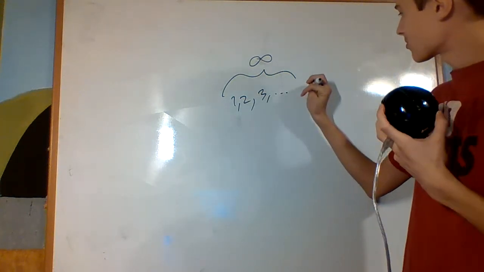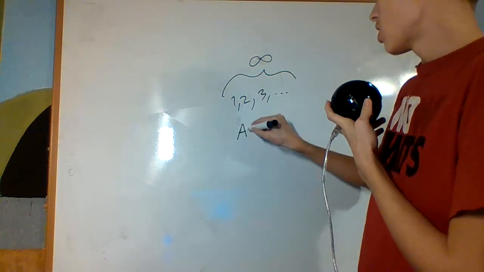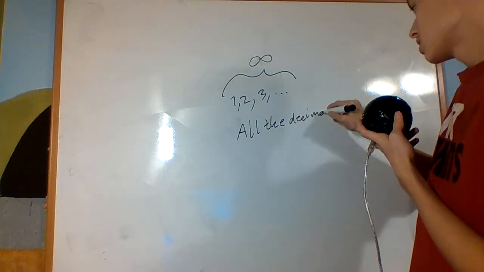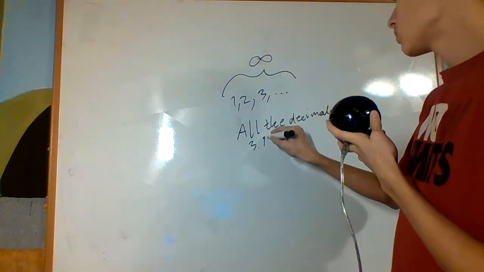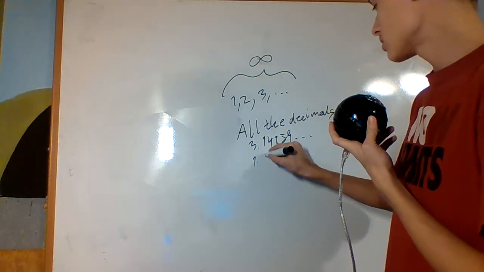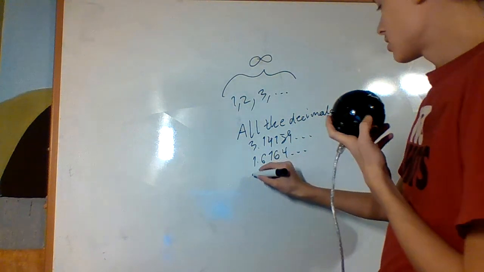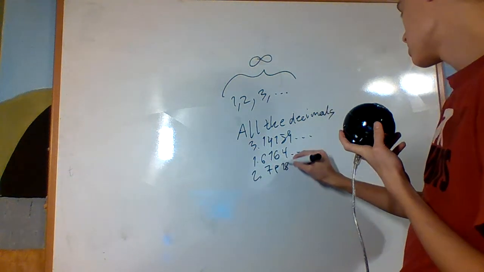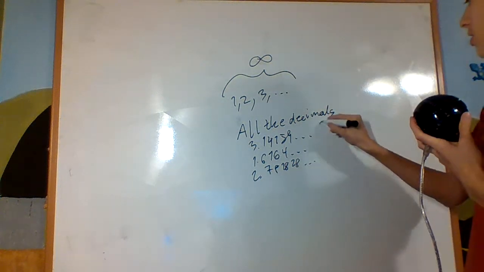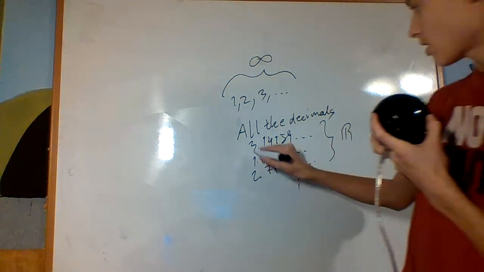Because, well, what about the real numbers? Like all the decimals. Like 3.14159 and 1.6164 and 2.781828, right? All these are in the real numbers, and you can continue that on infinitely. Is that